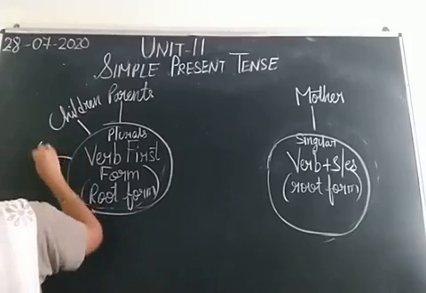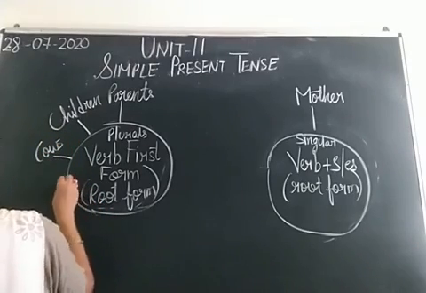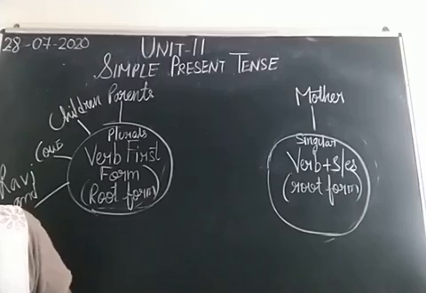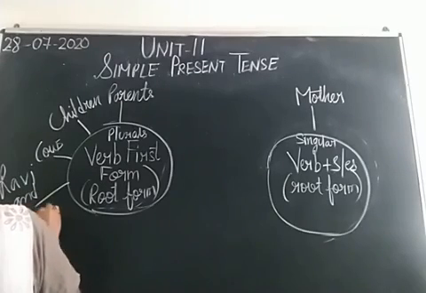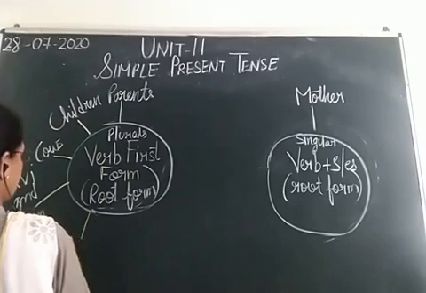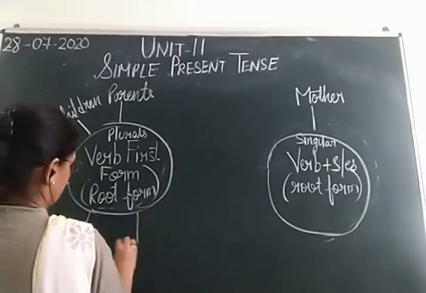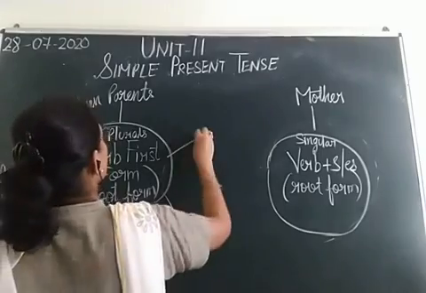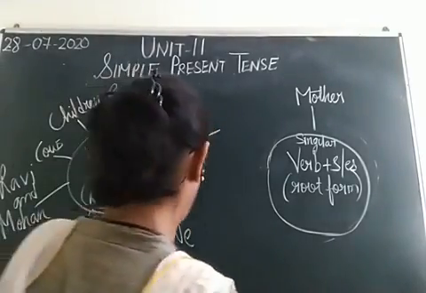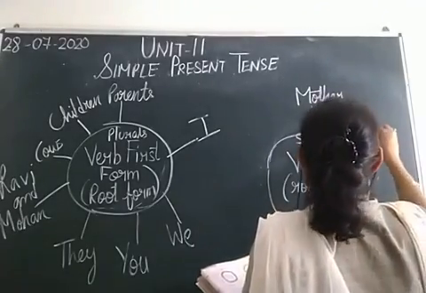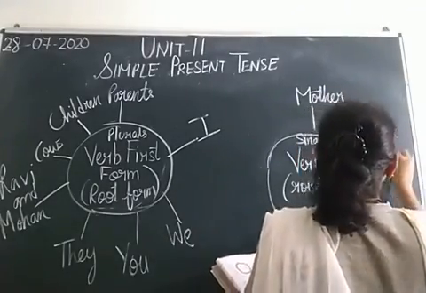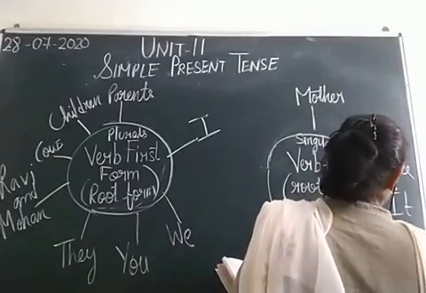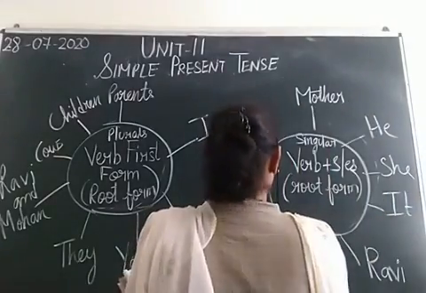Then cows, then Ravi and Mohan, then they, then you, then we, then I. Fine? And here he, she, it, only Ravi, that means it can be any name, only cow,